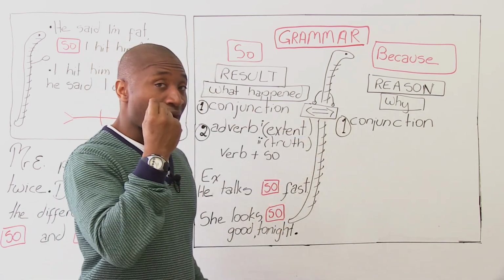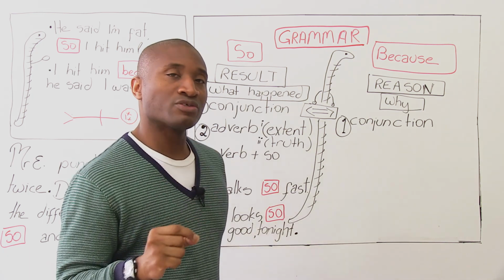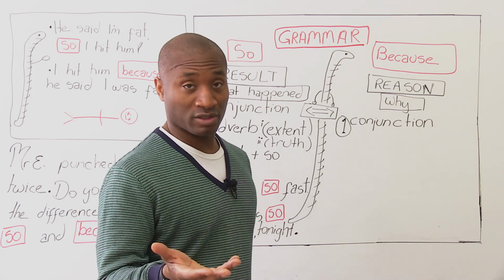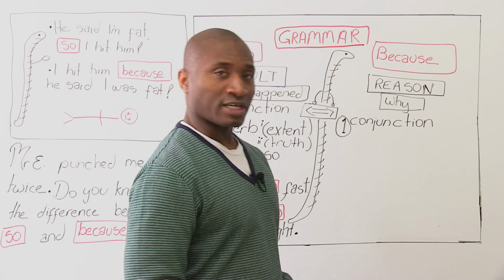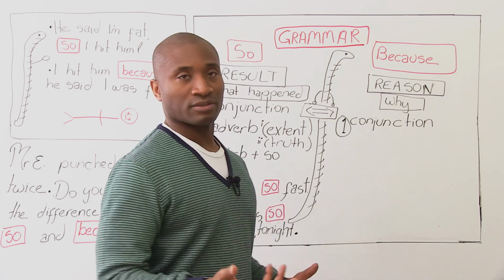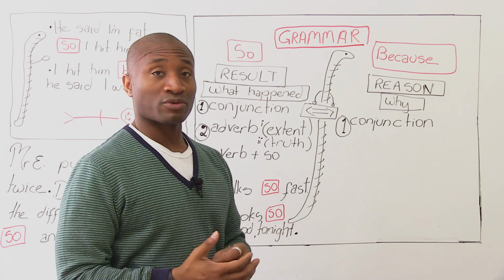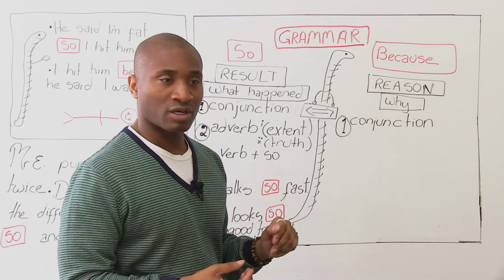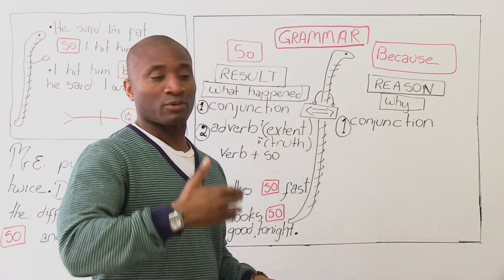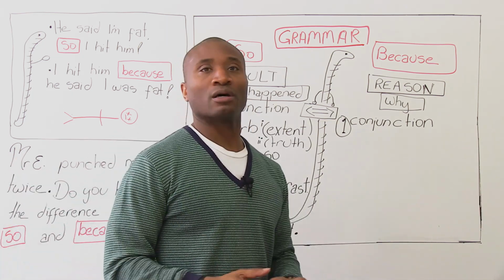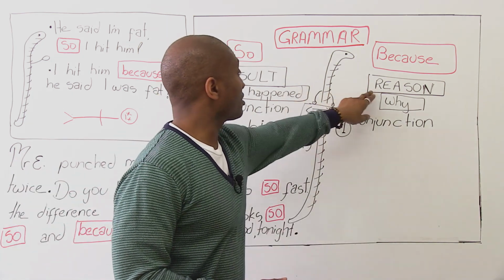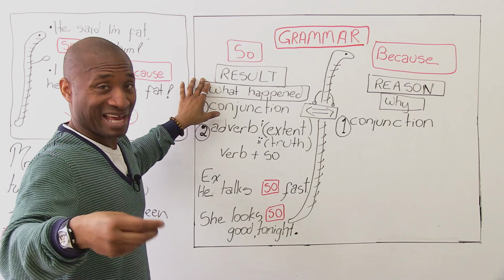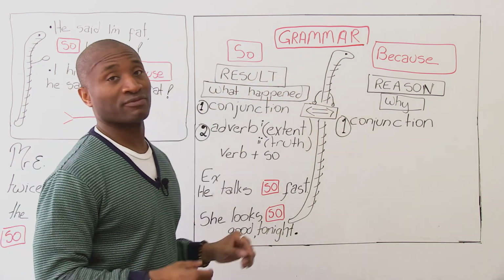They're both conjunctions. But so answers a different question. When you say the reason or you answer why for because, I am fat because I eat too much food. This is the reason. So is more of a result. What happened? Okay, it was raining very, very hard, so I got wet. What happened? Well, it was raining really hard. What happened? I got wet. Oh. You could say this is the reason, and that's why they're conjunctions. But then so goes on to tell you what happened, the next thing that happened, the next step. It doesn't always give you the reason for it.